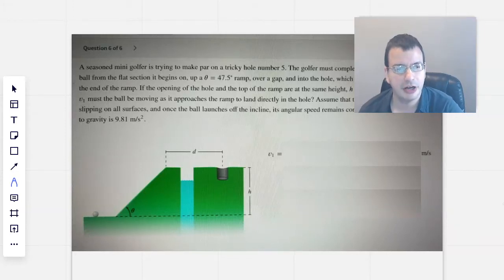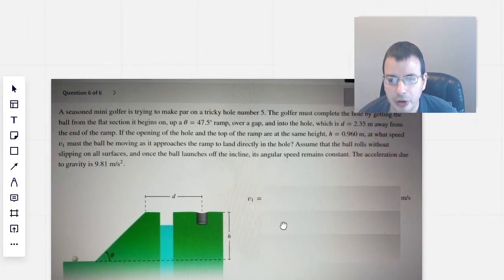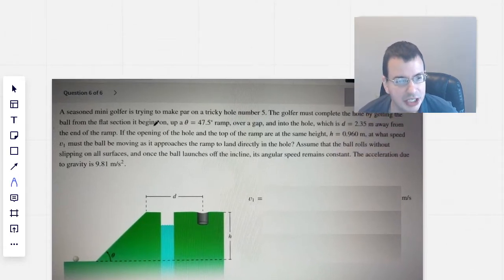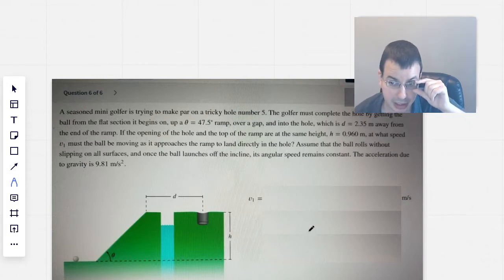A seasoned mini golfer is trying to make par on a tricky hole number 5. The golfer must complete the hole by getting the ball from the flat section it begins on, up a 47.5 degree ramp over a gap and into the hole, which is 2.35 meters away from the end of the ramp. If the opening of the hole and top of the ball are the same height, at 0.96 meters,